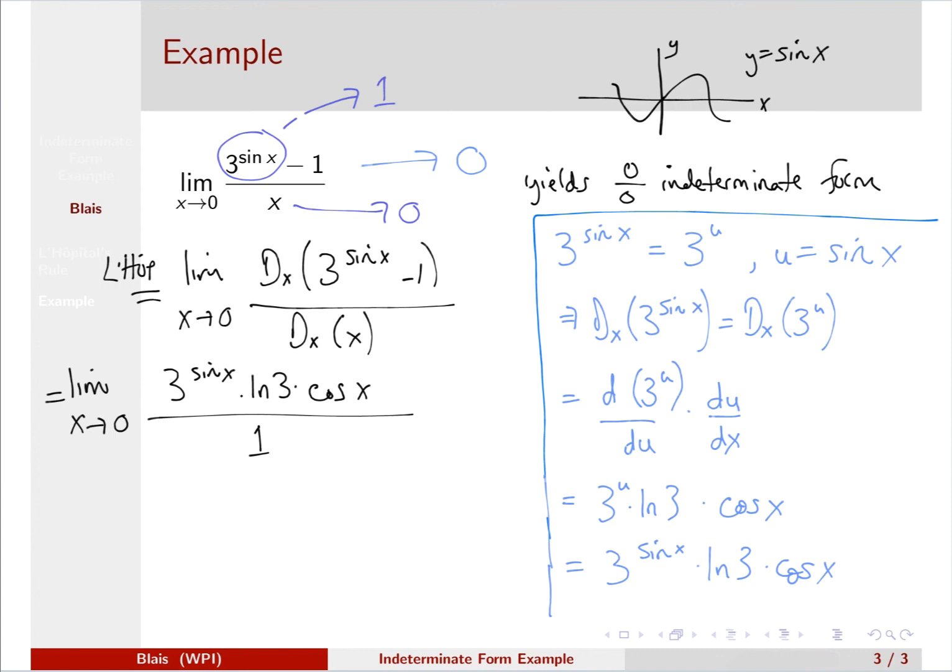And when we look component-wise, we know, as we had reasoned in the previous step, 3 to the sine of x, as x goes to 0, is approaching 1. Because sine of x is approaching 0, and thus the whole expression circled here is approaching 3 to the 0. So that's approaching 1. Natural log of 3 is a constant, and cosine of x, as x approaches 0,